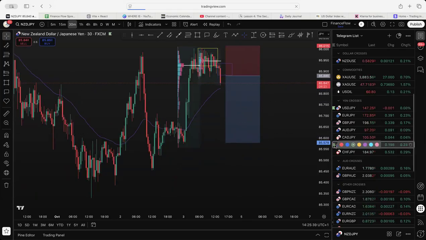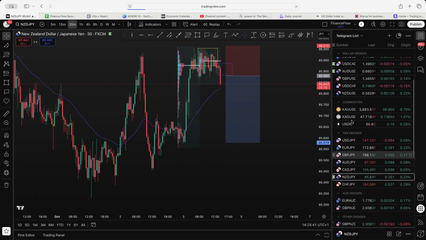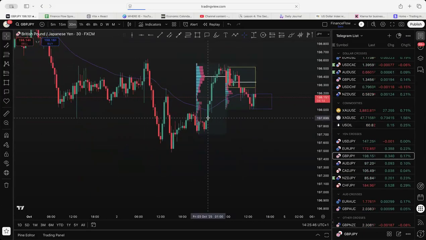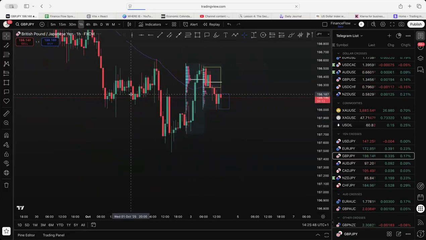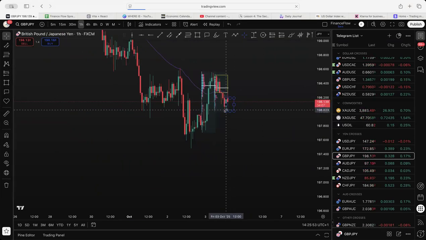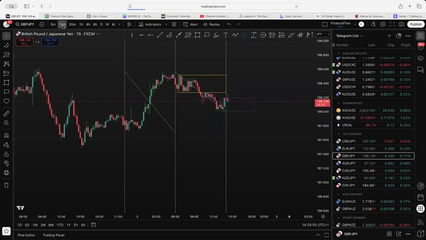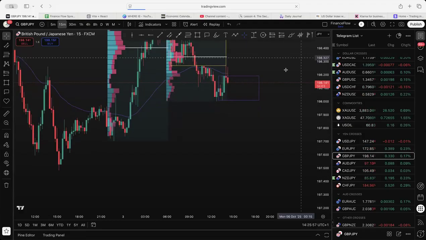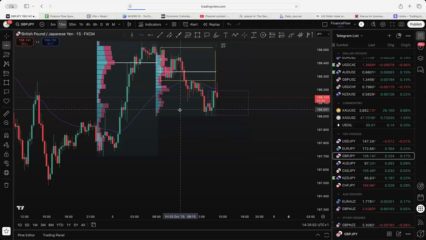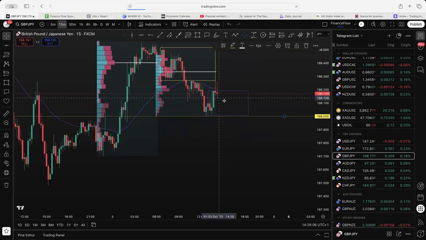NZDJPY is catching my eye. I'm not going to lie to you. But potentially GBP. Let's just have a look at this on a slightly higher time frame. Hourly still trending to the downside here. Yes, we've had rejections from here, but it'd be where the entry would be. So we potentially got 98. I'm going to mark this up. This is obviously where price has finished. So potentially waiting for this to pull down here.